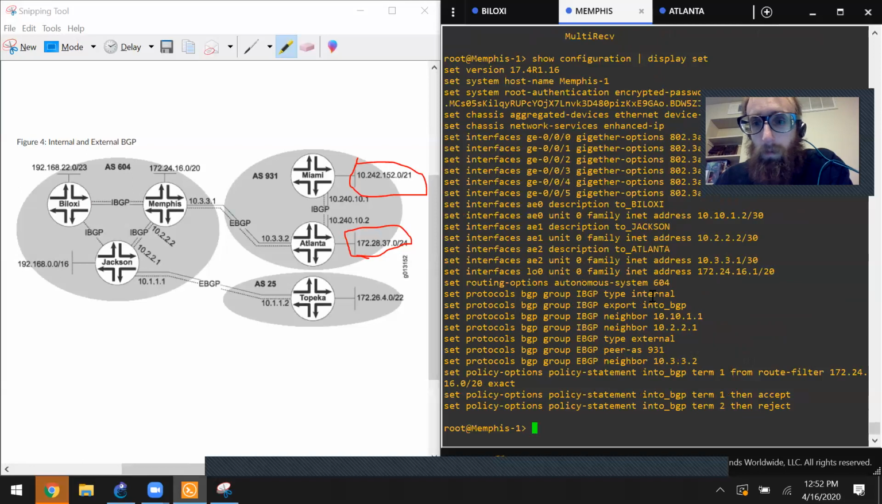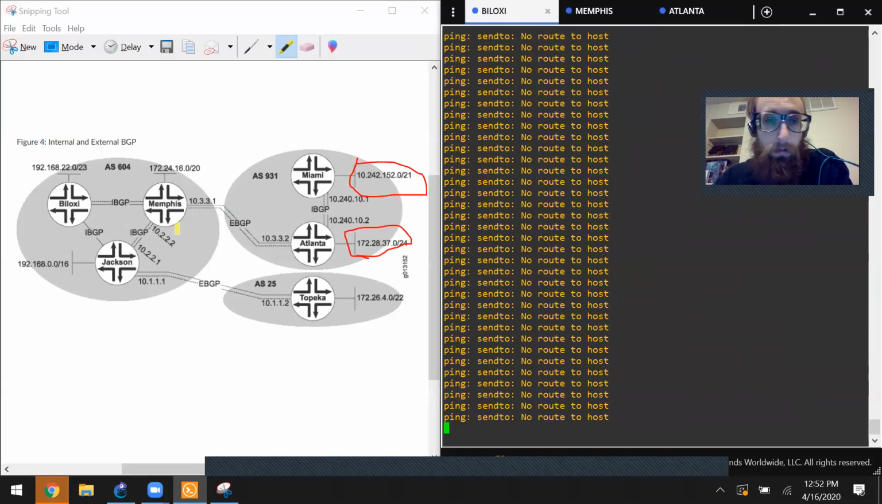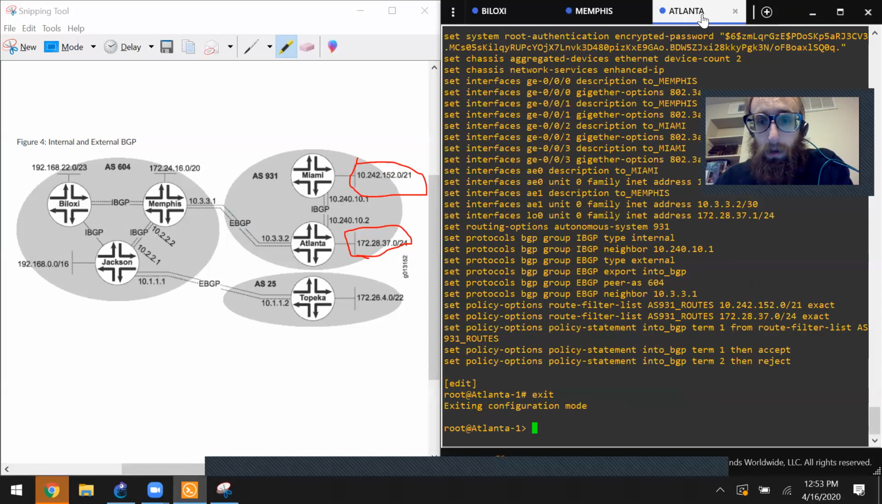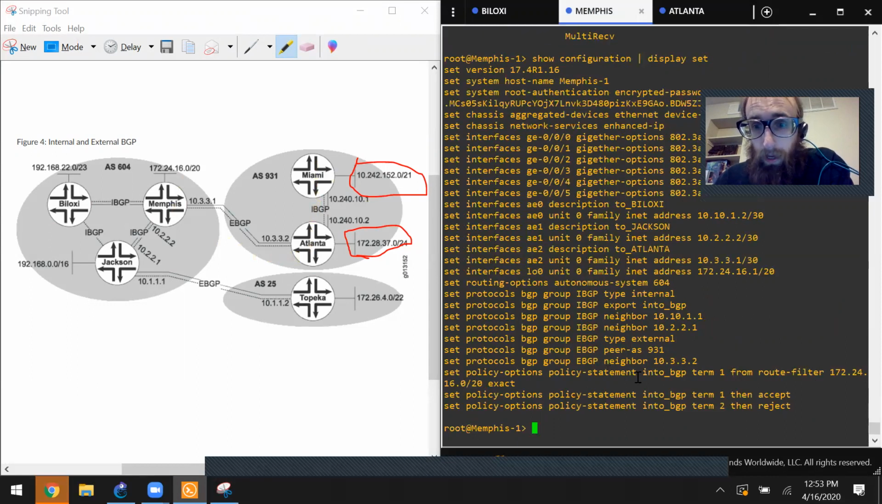So yeah, this export is going to be mandatory on BGP, and I think that's why it's not working on Biloxi, because it's not receiving any of these routes. They have to be exported through BGP, EBGP on Atlanta. So it looks like right now they are being exported, but Memphis only has